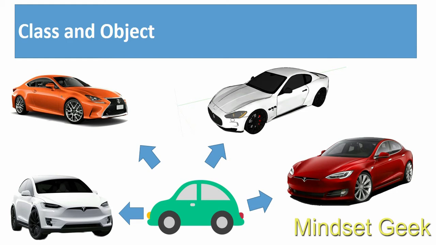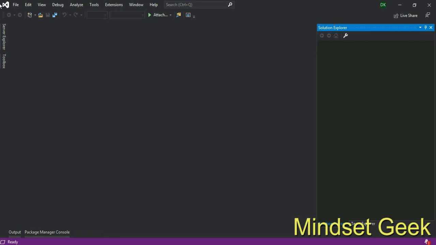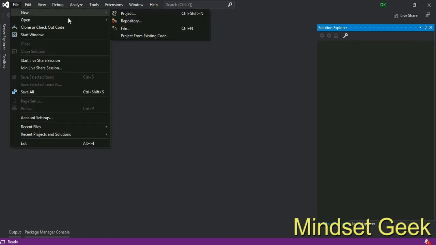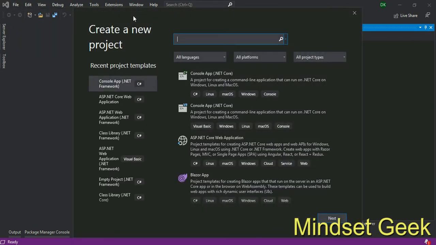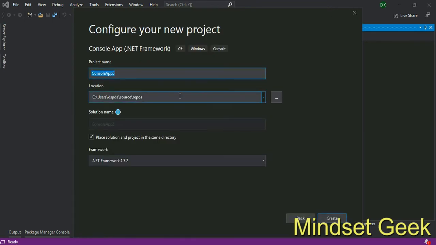Remember those things. Now I want to explain class related concepts with code exercises. Okay, let's move into the code part. First of all, I want to create a project, a console app project. Now you know this, right? Select console app, .NET Framework and C# support.